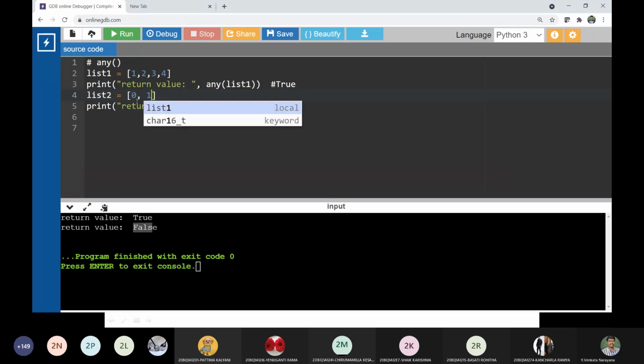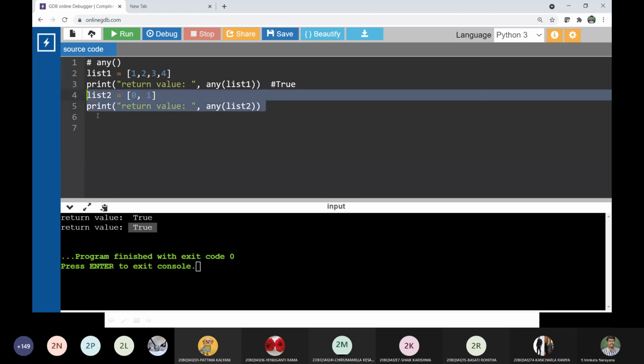See here, when I mention 1, it returns true. Why? Because if any of the values in the list is other than 0 or false, then it indicates a true value, or else it indicates false.